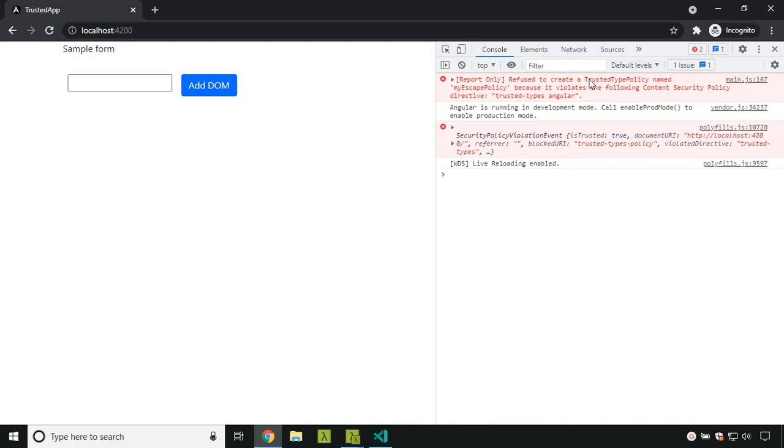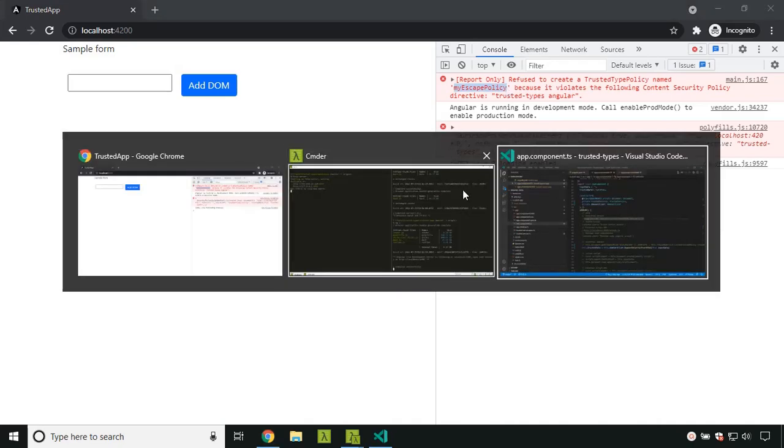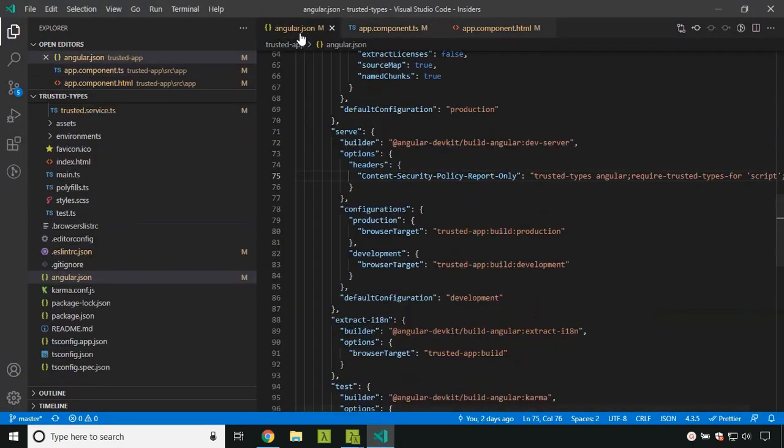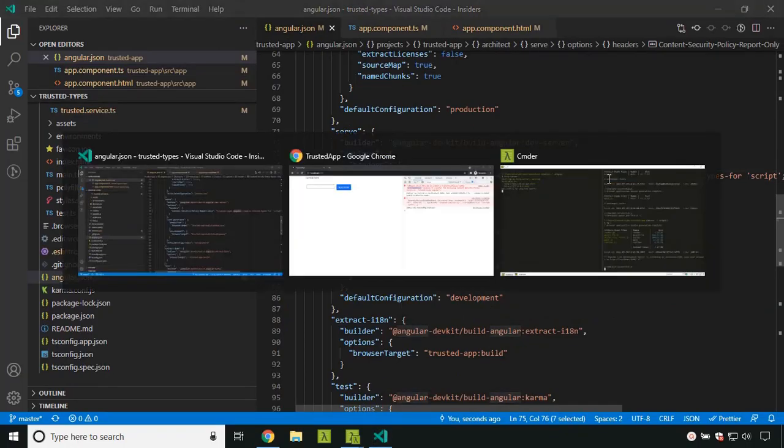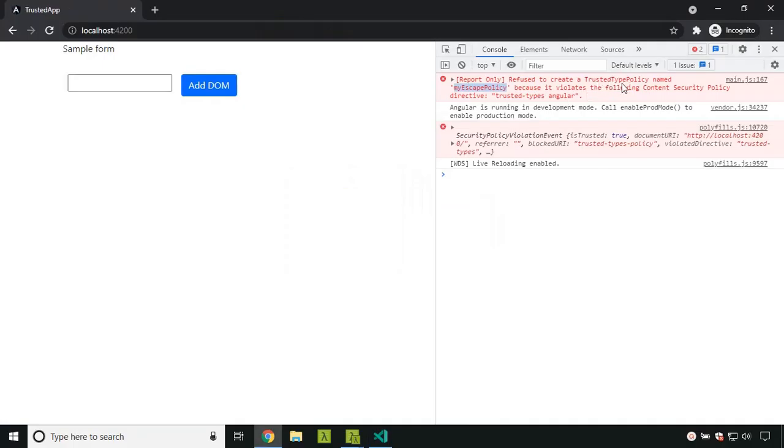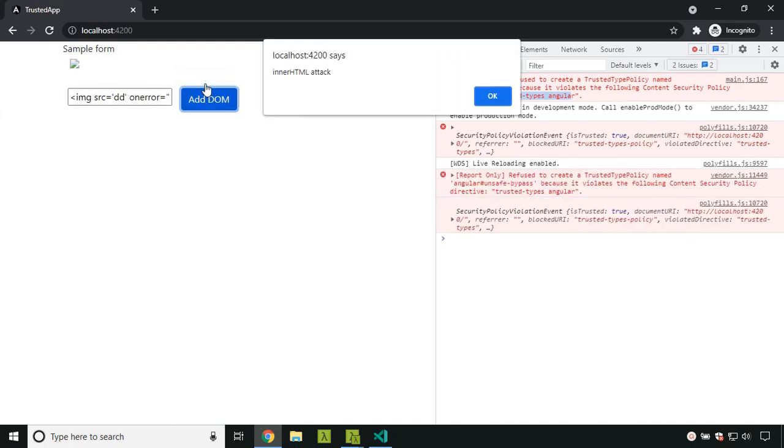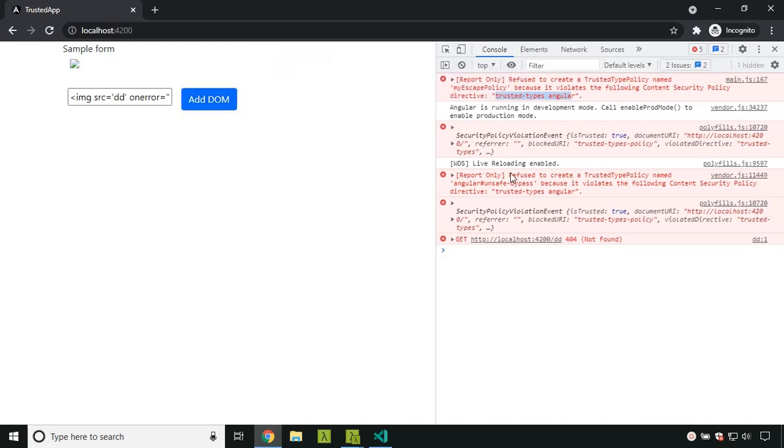Initially you can see that one error is that my escape policy, which I did not allow in the trusted types. Here I gave only Angular. So when I try to create a new trusted type policy, it will show the error that the allowed one is only Angular and I cannot create a new one. That is one error. Now when I try to inject the code, you can see that another error is created.